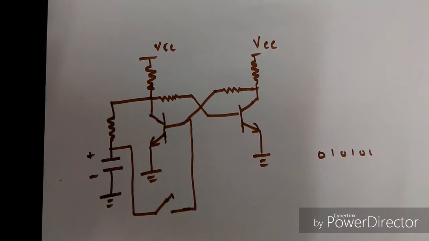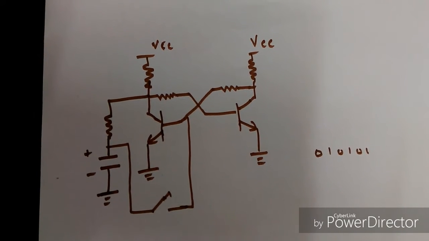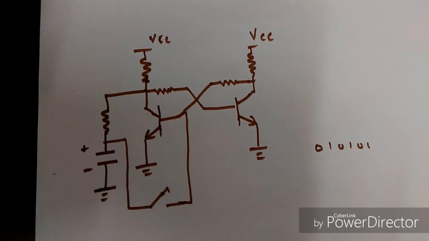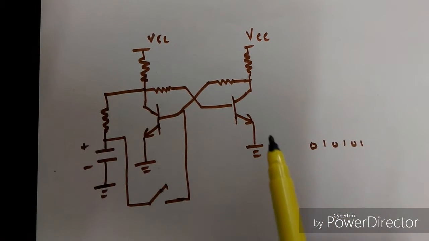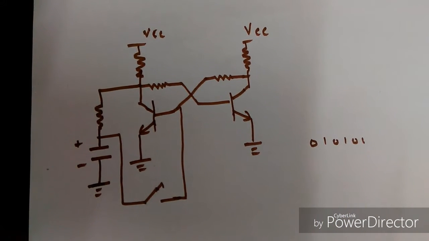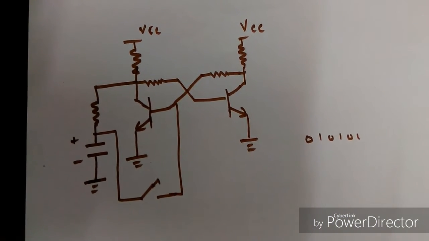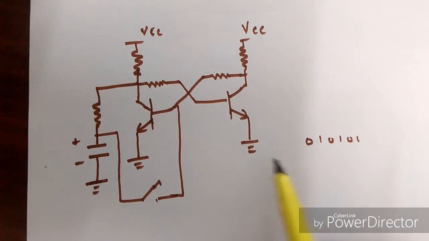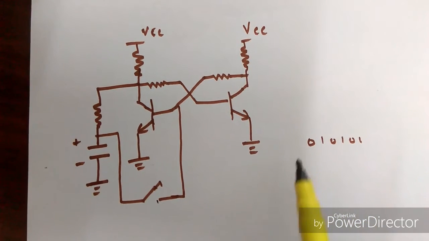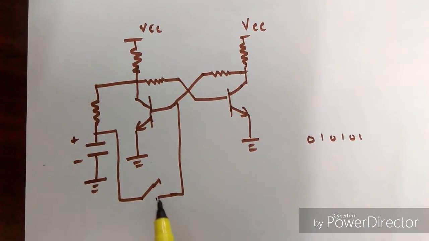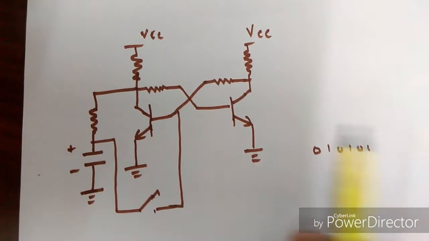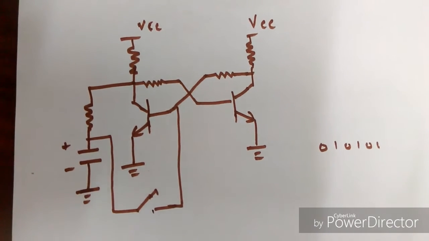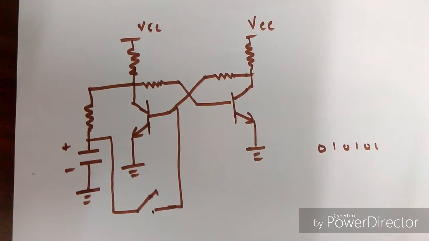When we press this button or give input to it, it will turn to another setting depending on its current setting. Like if its current setting is on, and when we press this button it will go to the off setting. If its current setting is off, and when we give a pulse or press this button, it will go to the on setting. So this is how it works.